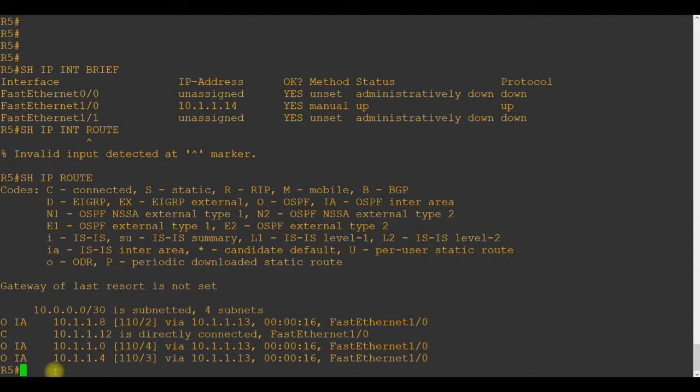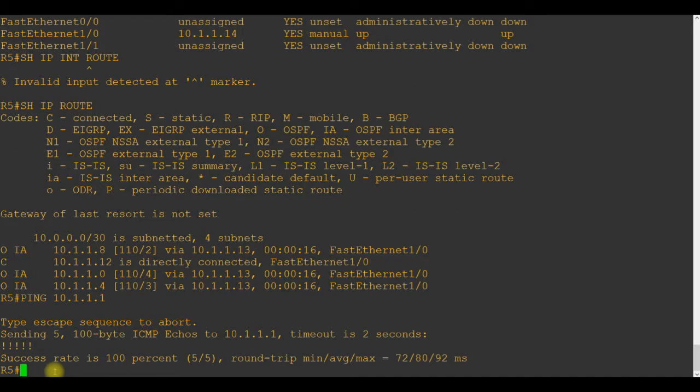And just to prove that we have connectivity, we're going to ping 10.1.1.1. And we do have full connectivity. But now we have inter-area OSPF. Anything beyond that, if you were to add routers beyond that ABR, beyond router 5, if I go to router,